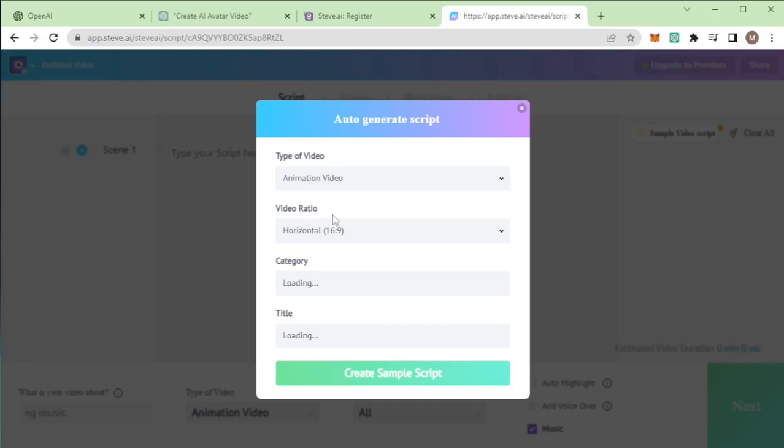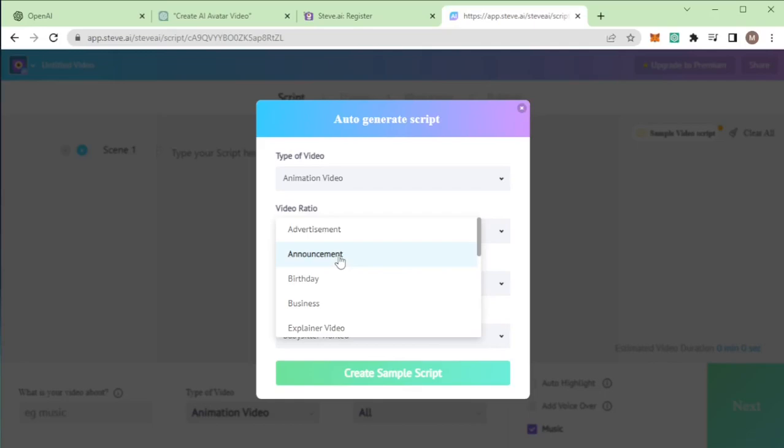So I choose animation video size. So I can choose, and category. So I choose, for example, you can choose your advertisement, announcement, birthday, business, and anyone based upon your video. So I choose announcement,